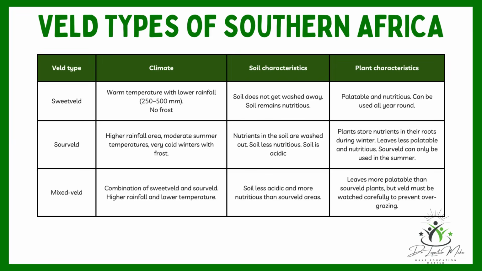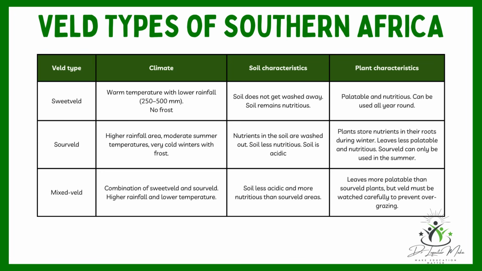This is the combination of both sweet and sour, in areas where there is higher rainfall but lower temperatures. The soil here is less acidic but more nutritious than sour veld, and the leaves are more palatable than those in sour veld, and the veld needs to be looked after very carefully